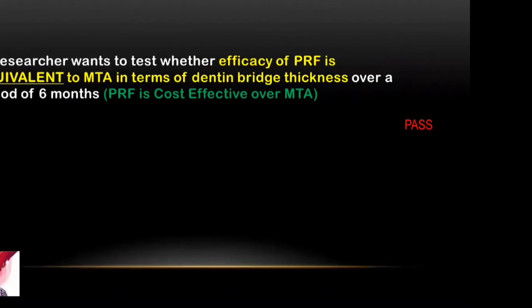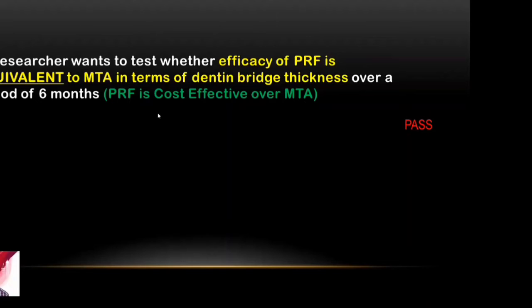Now I am going to explain an equivalence trial. Let me read the question. The researcher wants to test whether the efficacy of platelet-rich fibrin is equivalent to MTA in terms of dentin bridge thickness formed over a period of 6 months. Now, why does the researcher want to conduct an equivalence trial? See here, platelet-rich fibrin is cost-effective compared to MTA. It's only an assumption. I'm just thinking that the researcher is thinking that PRF is easy to